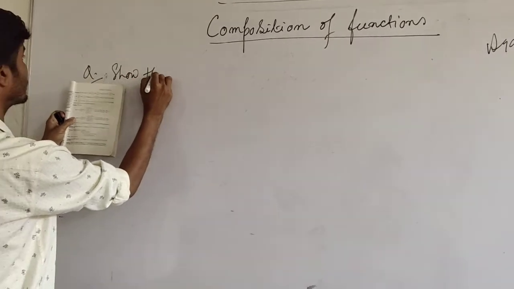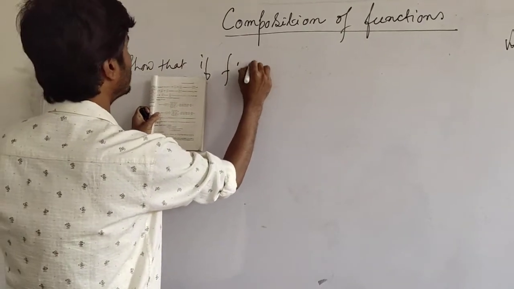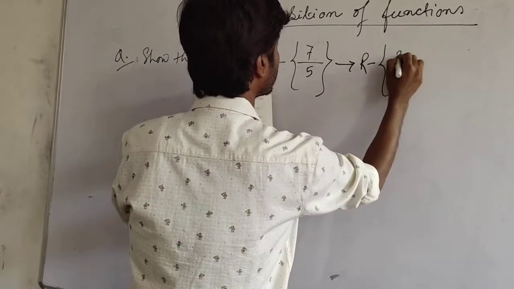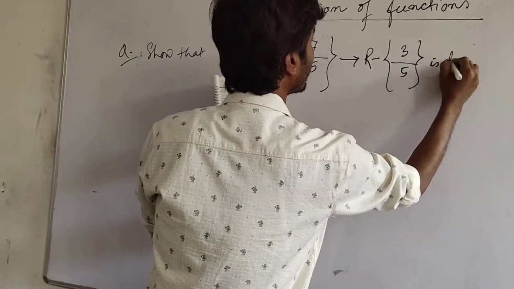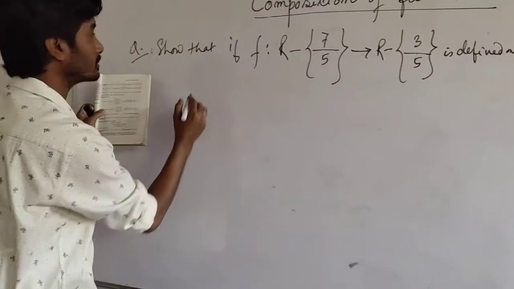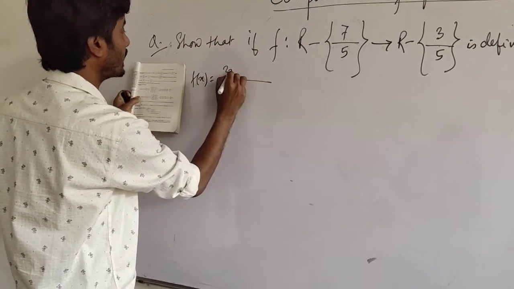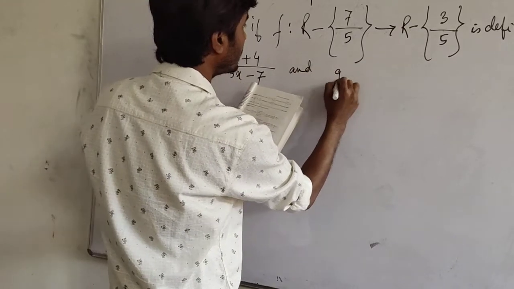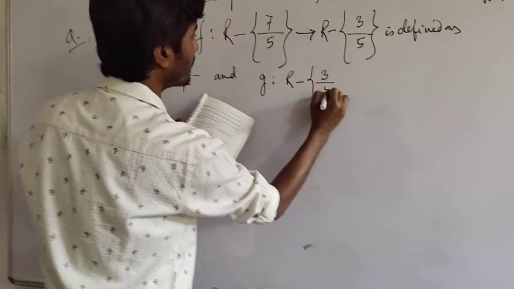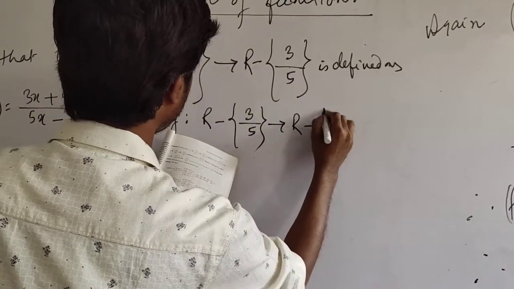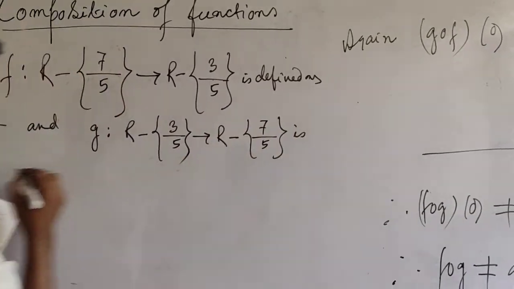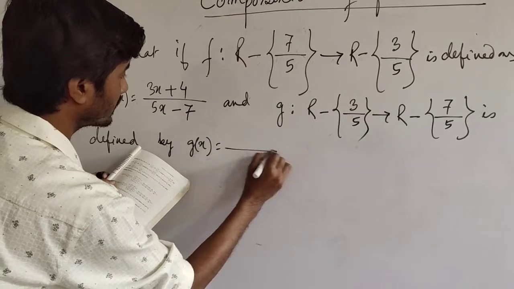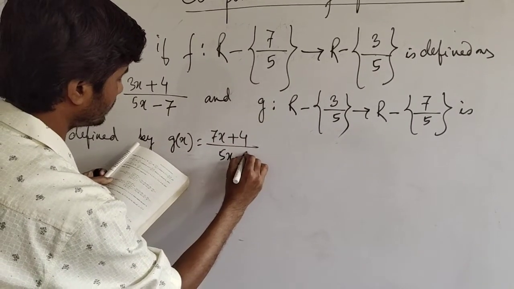If f is a function from R minus 7/5 to the set R minus 3/5 is defined as fx equal to 3x plus 4 divided by 5x minus 7 and g is a function from R minus 3/5 to R minus 7/5 is defined by gx equal to 7x plus 4 divided by 5x minus 3. Then